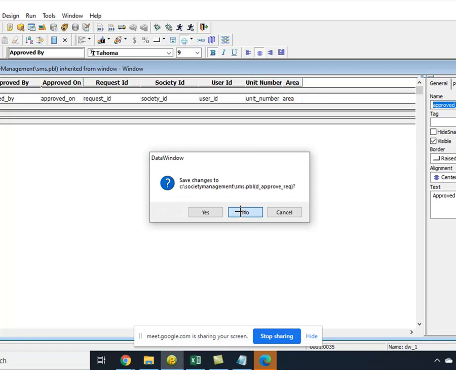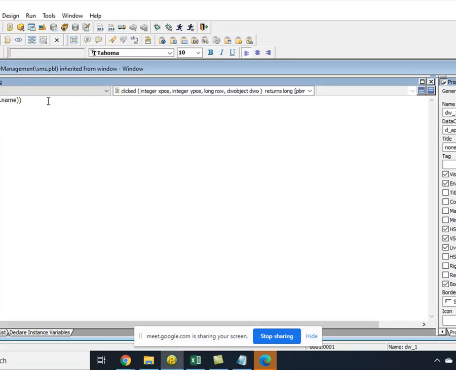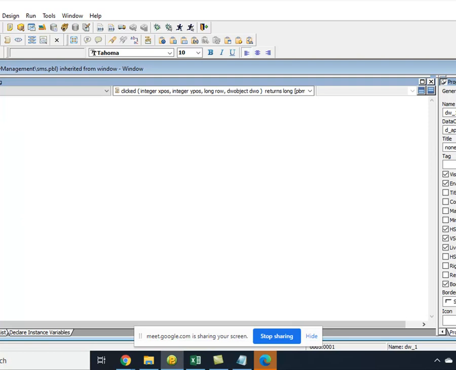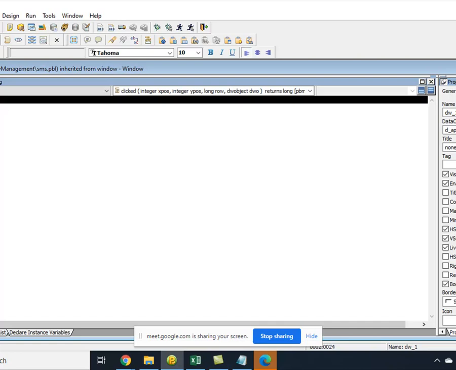So first, let me save whatever it is returning in ls_object_name equal to dwo.name. ls_object_name equal to dwo.name.